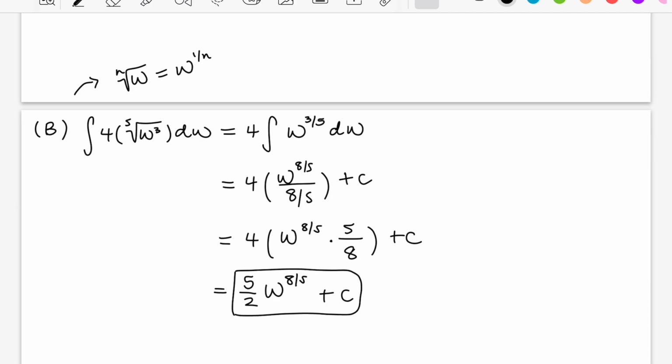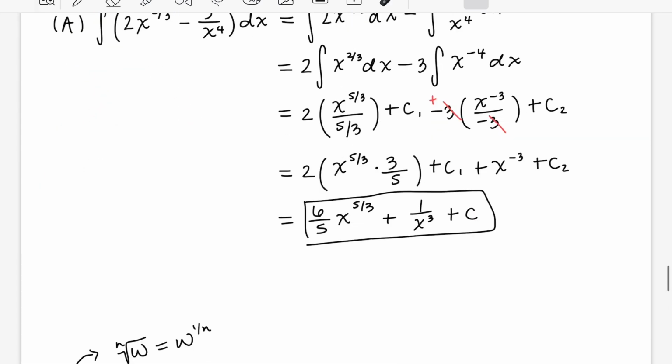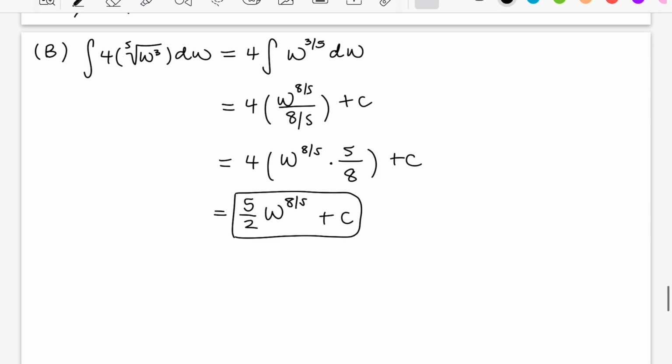All right. And then for the last problem, we're going to have to rewrite this guy a little nicer too to take the integral. So we have the integral of x to the 4th minus 8x cubed all over x squared dx. Okay, so for this case, we can just simplify this guy. We see that we have an x squared in every single term here, so taking out an x squared from every single term, we'll get 1 on the bottom. So we'll get x squared